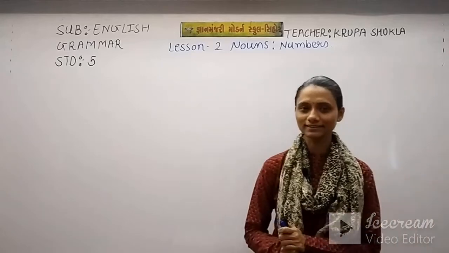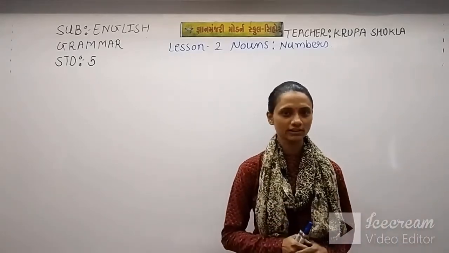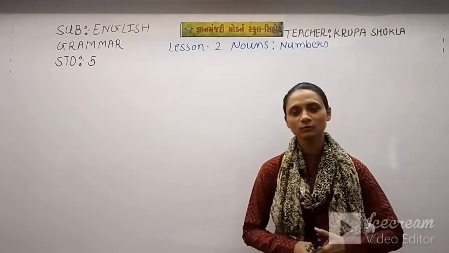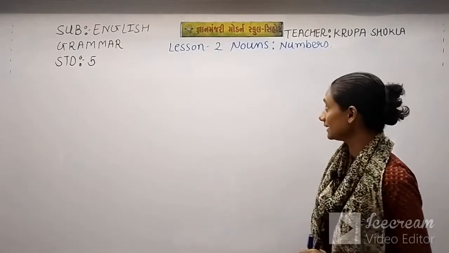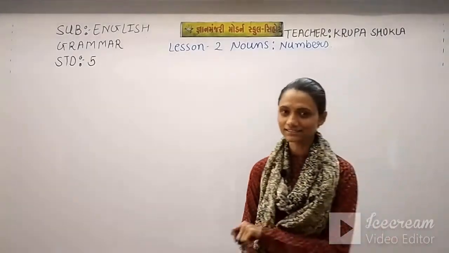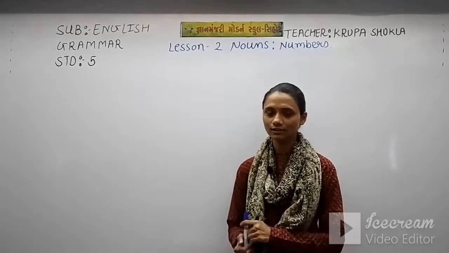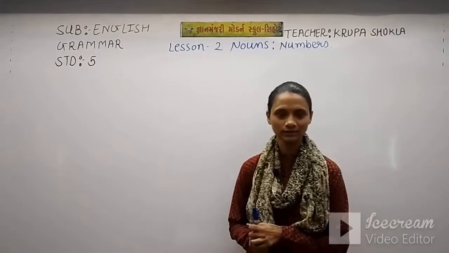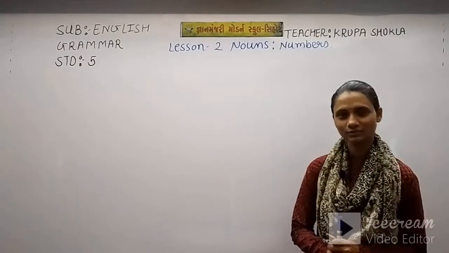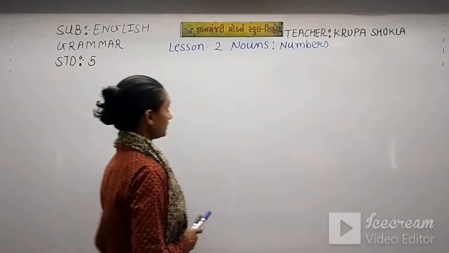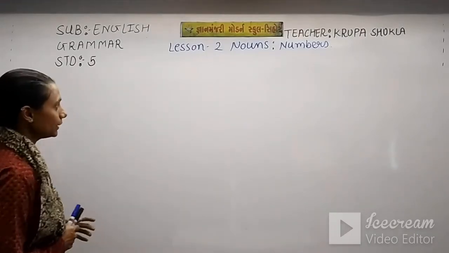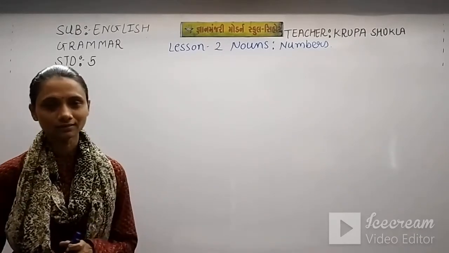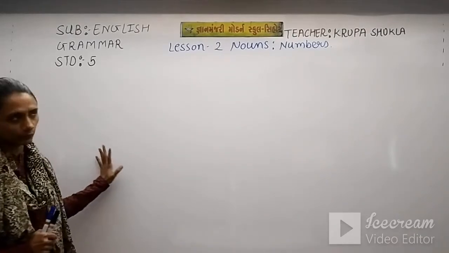discussed and we have started noun, and introductory information I have given to you all about noun and all the exercise we have completed. Now we are going to start unit number 2, that is also about noun, but here in this unit we'll discuss the singular and plural noun, how to make a word singular and how to make a word plural. That is described in this unit 2. So first I will give you the definition. So how to use numbers, means when to use s and es to make a noun singular or plural.